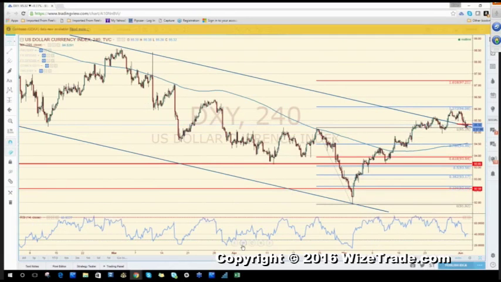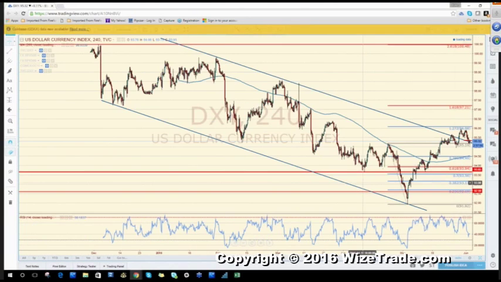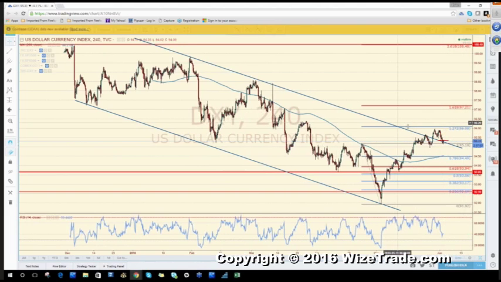We talked a little bit about the dollar, and the dollar has basically come back down to retest this trend line. Okay, this is the channel support. After breaking through this channel, we're basically retesting it. What that means is, as long as we're above 95 cents, and I'm going to grab this and put it right here, you can see that spike low here. While we're above this 95 cents,